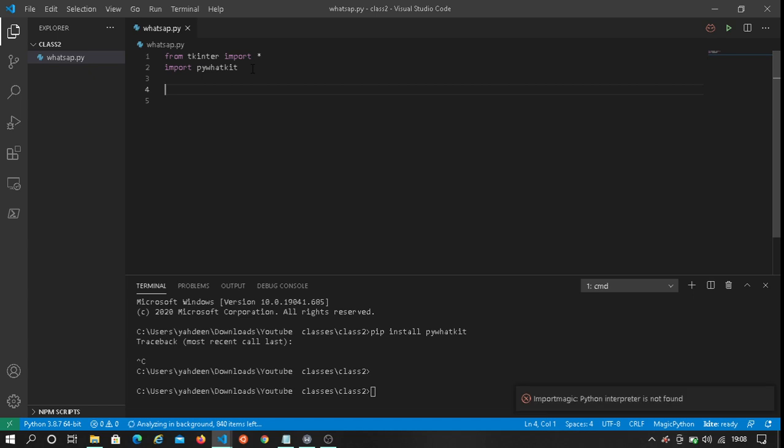So after that, let's now create the Tkinter frame: root equals Tk. Then root dot title. Now this is the title of the frame.